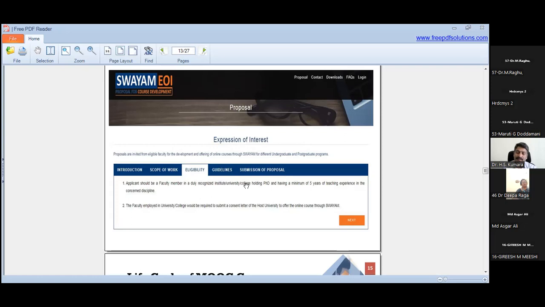Then they also conduct a series of workshops organized by the ministry. You can also take help from each university. A Swayam coordinator was appointed very long back, introduced in 2018 itself. In the majority of universities there is probably an Educational Multimedia Resource Center, which will help you develop the proposal, upload everything, and will provide support.